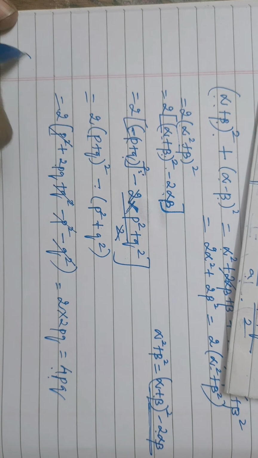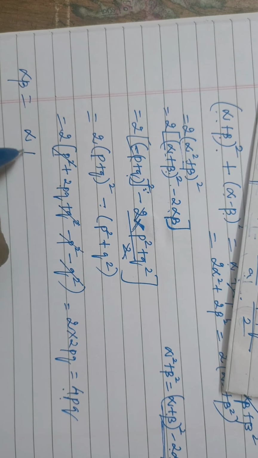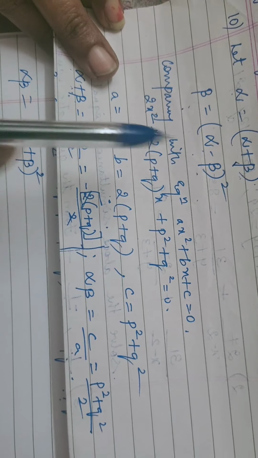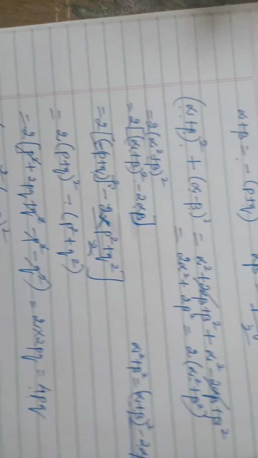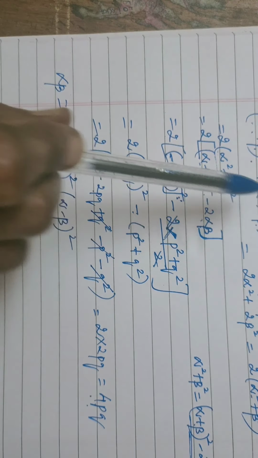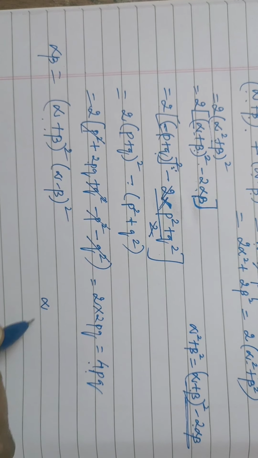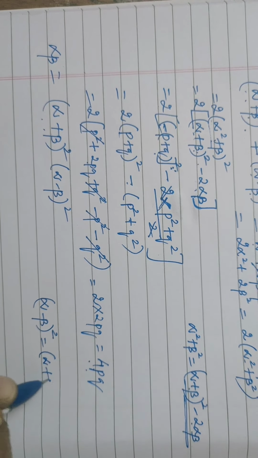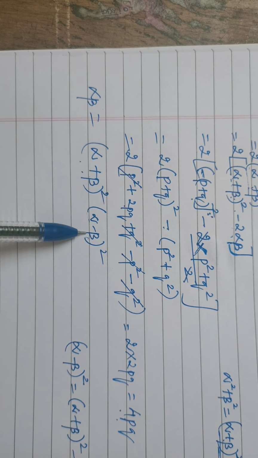Now what to find? Alpha into beta we need to find. So again our first sums, what does it come? Alpha plus beta square, because our alpha is alpha plus beta square and beta is alpha minus beta square. Okay, so now we have the value for alpha plus beta. Alpha plus beta value we have it here, but we don't have the value for alpha minus beta square. So again we have to use the identity: alpha minus beta square equals alpha plus beta square minus 4 alpha beta. So in this minus place, we are going to use this. This we already have the term, this one.